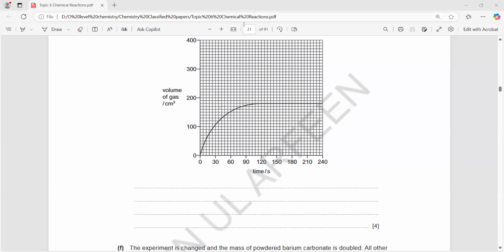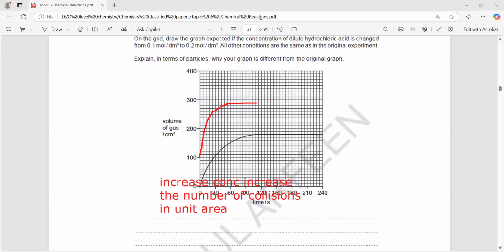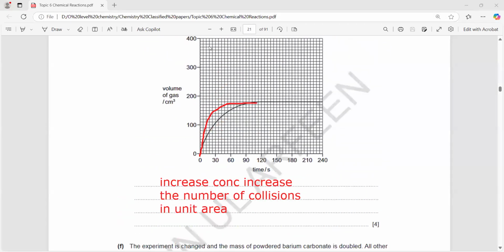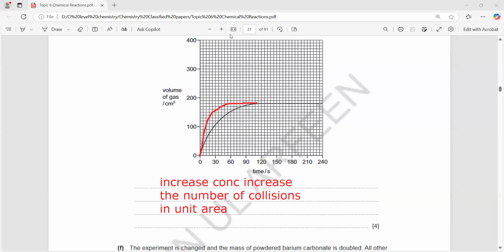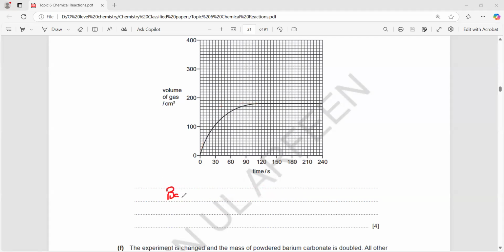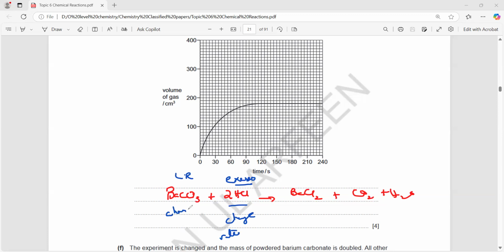And for the last part, so we have in the question, I'll repeat, the reaction is between barium carbonate and hydrochloric acid, resulting in the formation of barium chloride plus carbon dioxide plus water. That's the reaction. This one is a limiting reagent. I'm writing in short LR, limiting factor or limiting reagent. And this one is in excess. So if we change this excess, what will happen? Only the rate will change. But if we change the limiting factor, what will happen? It will change the rate and it will also